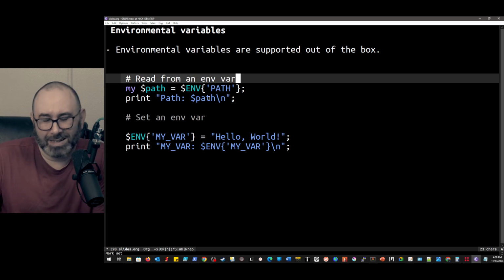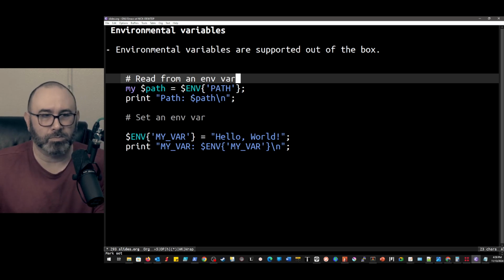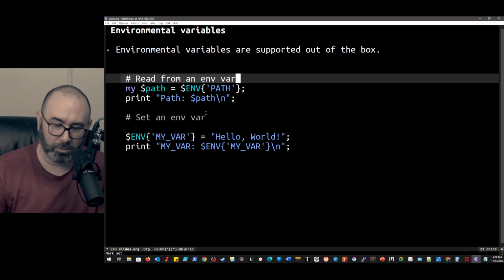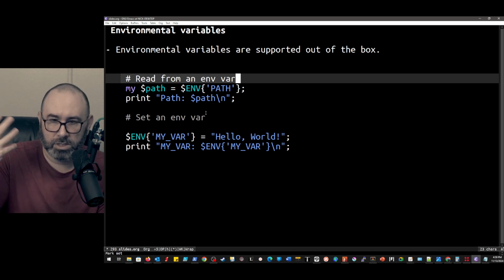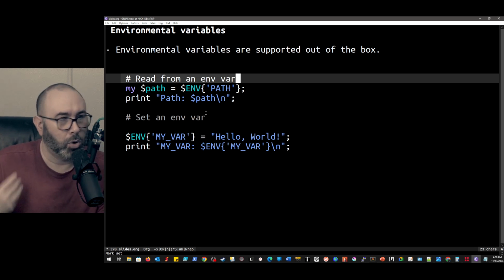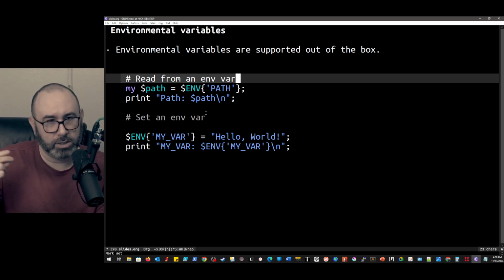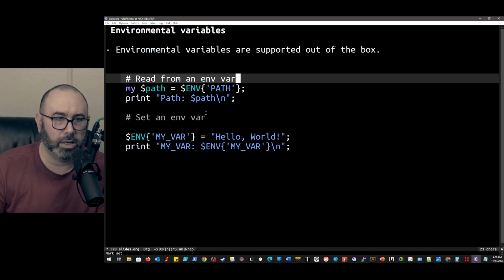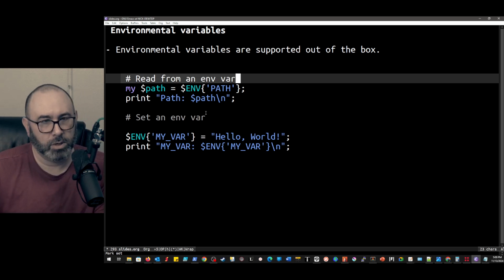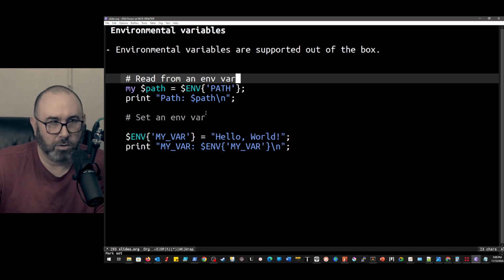So that's kind of it. We're basically good to go there. And this is really handy for things like if you're working in a Dockerized world where you want to define various different variables as part of your Docker configuration, right? So now we have a secure way to externalize configurations, right? So you can do all the 12-factor stuff with Perl just like you would with anything else.